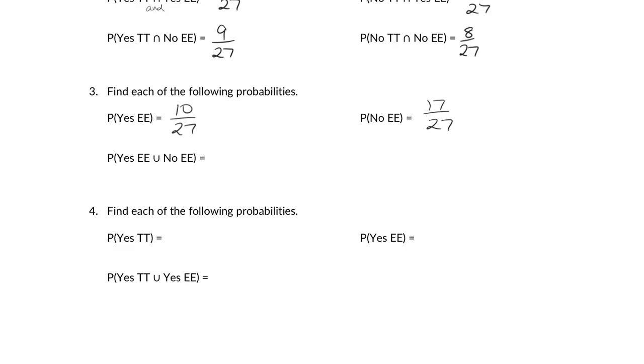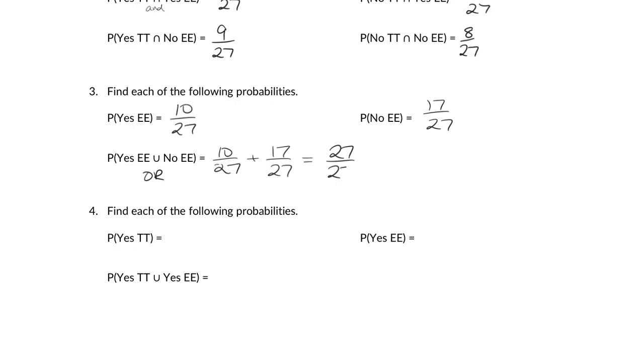When in probabilities I see the word or, my brain needs to start thinking add. Because if we're looking for this quality or this quality, we're going to add those probabilities together, the probabilities of finding this or that, the 2 different qualities that are options for this event. So if I find the probability of evil eyebrow, which was 10 out of 27, and no evil eyebrow, which was 17 out of 27, I'm adding them together. When I add together 10 over 27 and 17 over 27, what do you get?